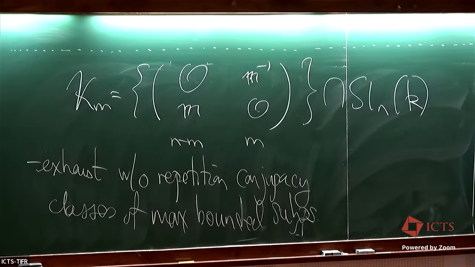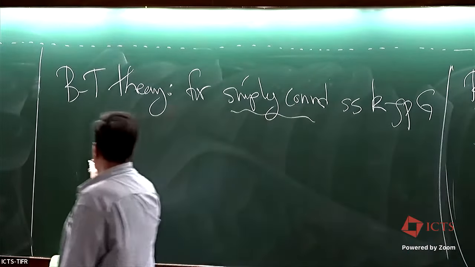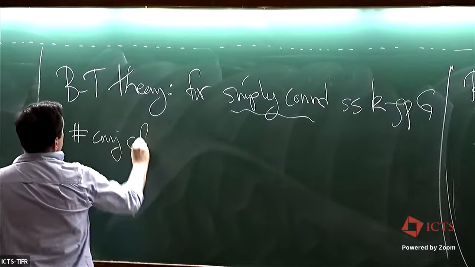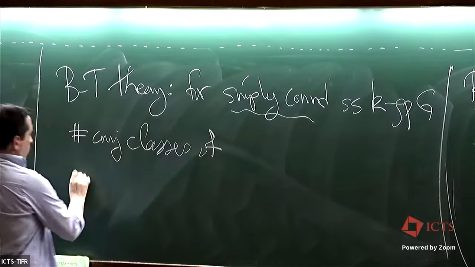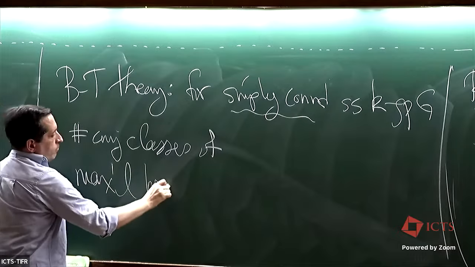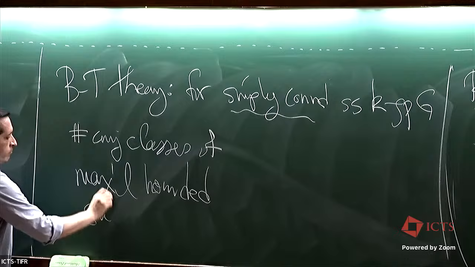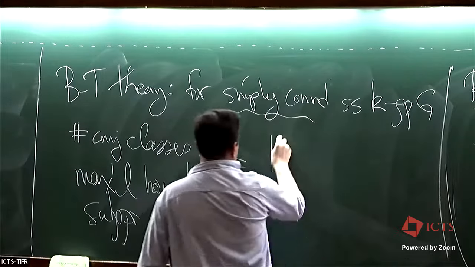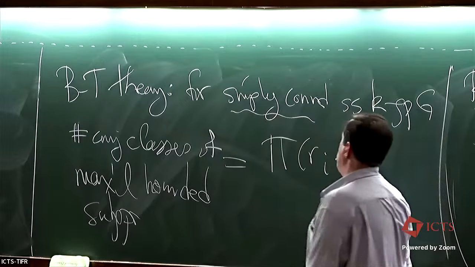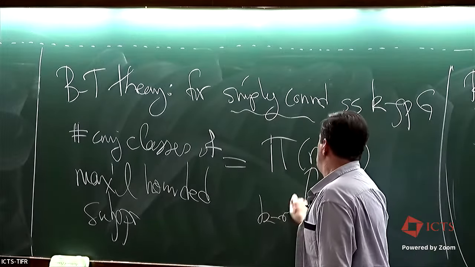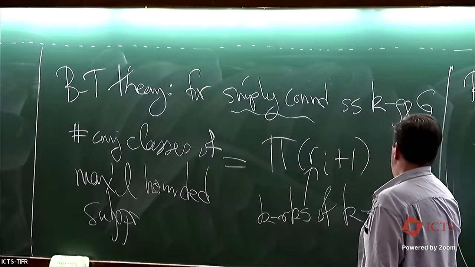So Bruhat-Tits theory will give the following, that for any simply connected semi-simple K group G, so SLN, of course, being a primary example, the number of conjugacy classes of maximal bounded subgroups is exactly the product of Ri plus 1, where these Ri's are the so-called K ranks of the K simple factors